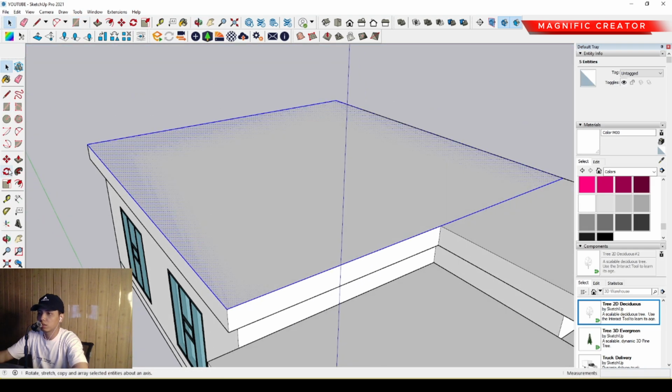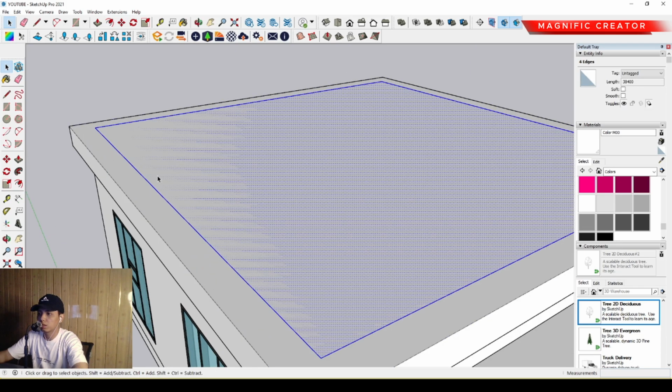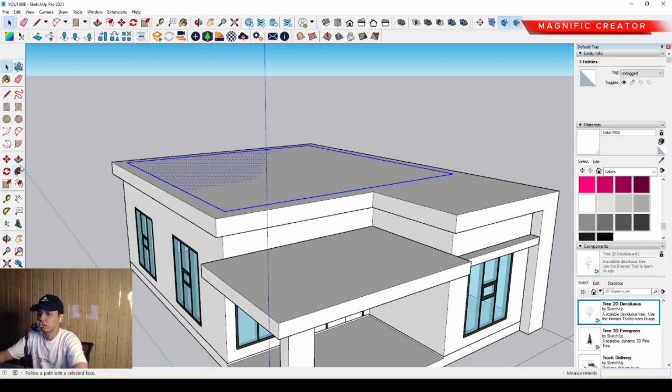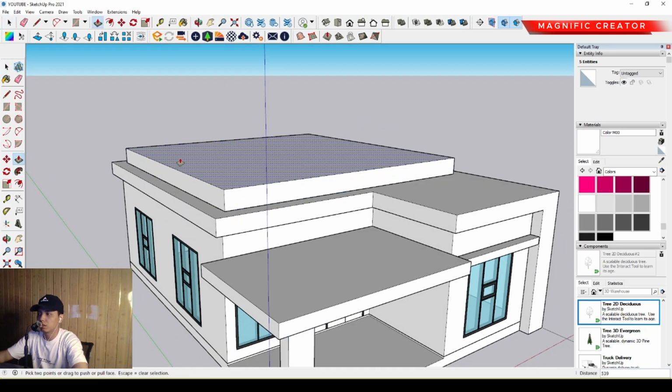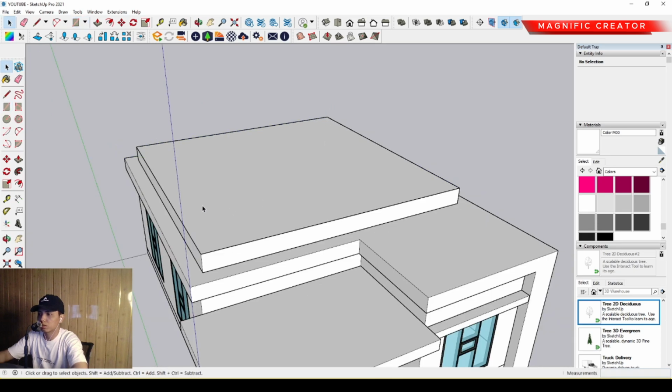So then we can offset it inside, maybe just something like this, and then we can erase the plane, and erase the unnecessary line over there. So then we can push it up a little bit, maybe around 500 millimeters, and then we can make it a group. So then we can make another rectangle on the top of this roof support,